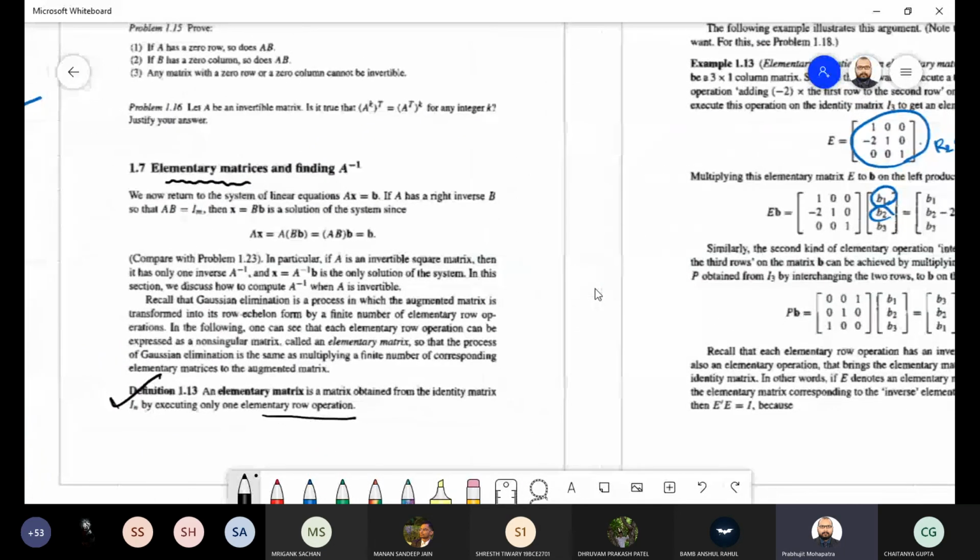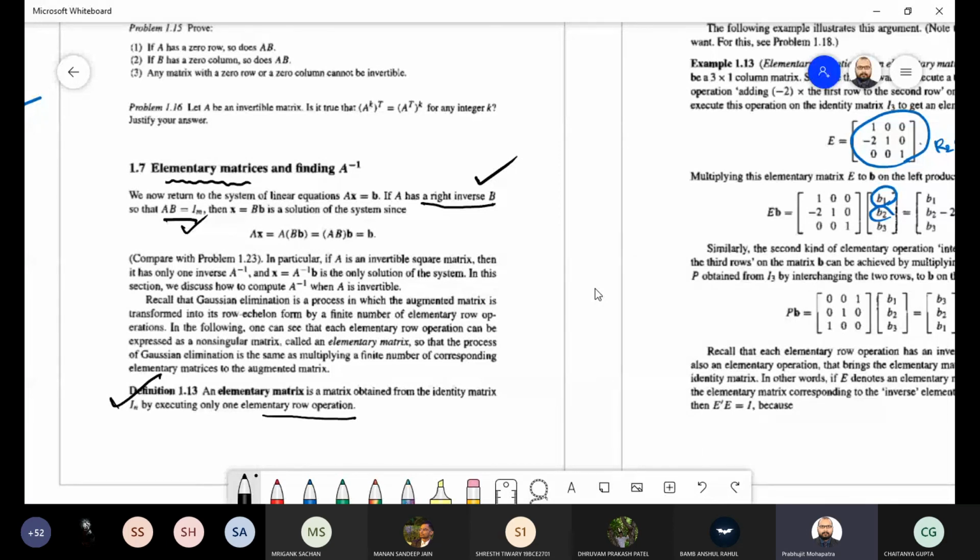Okay, so a matrix A is having a right inverse B. We'll call a matrix A having a right inverse matrix B when A times B is nothing but the identity matrix, if there exists a matrix on the right-hand side so that the multiplication is the identity matrix. Similarly, a matrix has a left inverse if B times A equals the identity matrix.